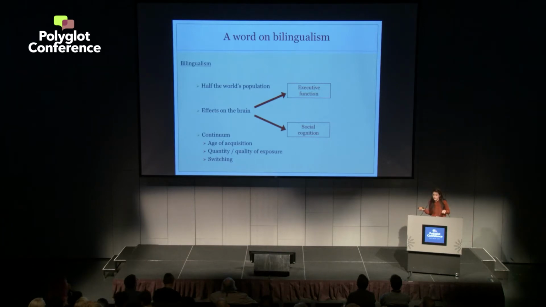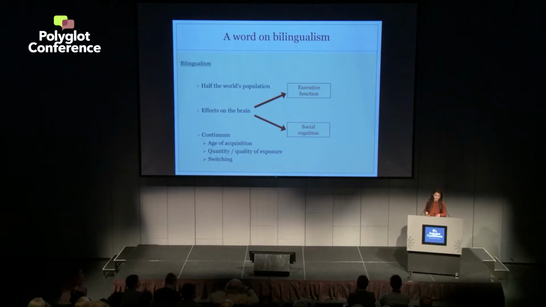All these effects of bilingualism can be shaped by all the different factors that influence bilingualism, like the age of acquisition, but also, really important, the quantity and especially the quality of the bilingual exposure. Also, something that can be really important depending on what you're interested in is the amount of switching that you do between your languages. For example, if both your languages are really separated in your life, it won't have the same impact on your brain than when you have constantly both languages interacting in the environment.